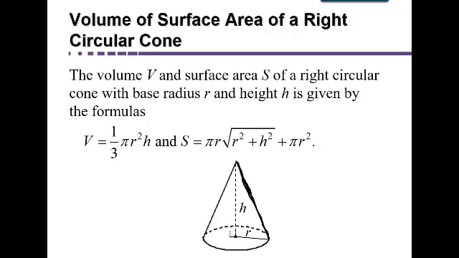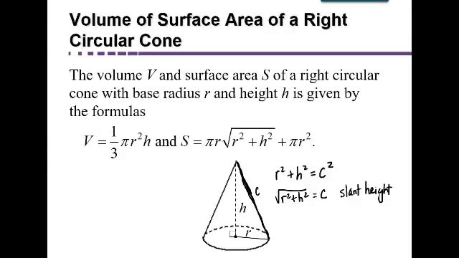And so if you were to set up the Pythagorean theorem to find side C, you'd have r squared plus h squared equals c squared. So it turns out this side C, which is also called the slant height of the pyramid, well, I should call it right circular cone, is actually the square root of r squared plus